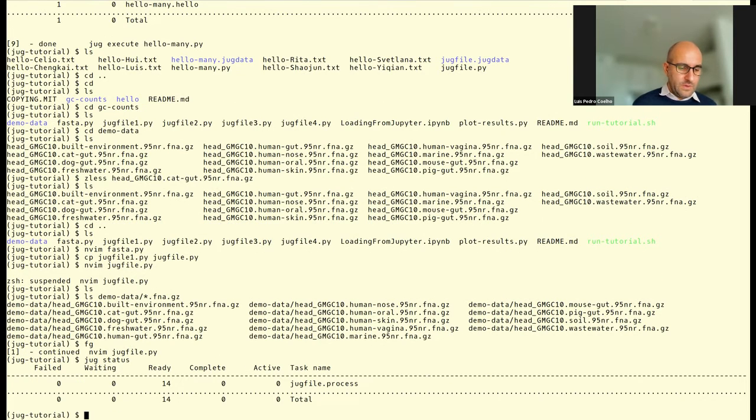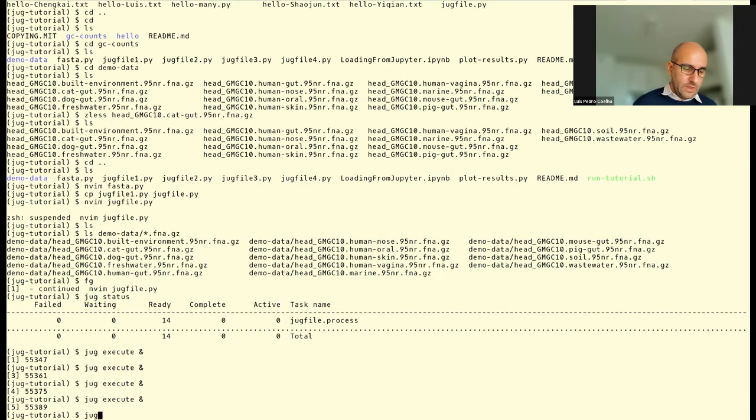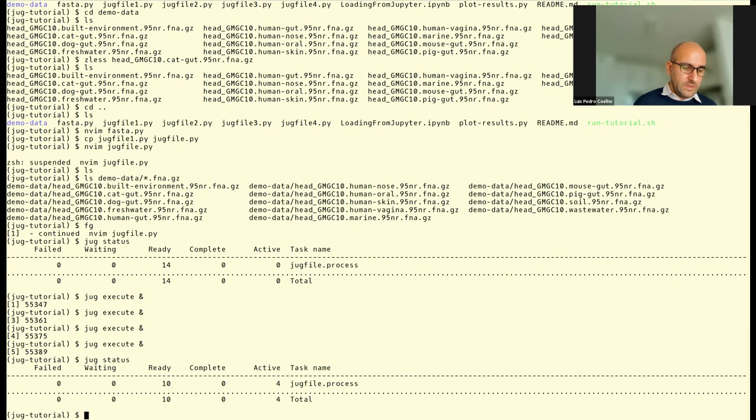Okay, so if I look at status, all of these are ready to run, and I can execute a couple in parallel. So here in this case, I execute 4 in parallel. And here again, this could have been running in a compute cluster where the 4 could be running in